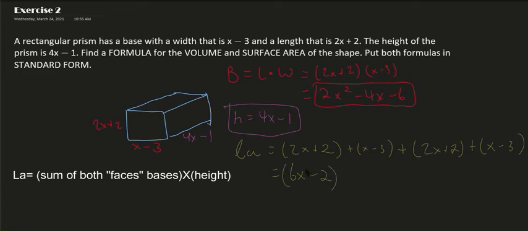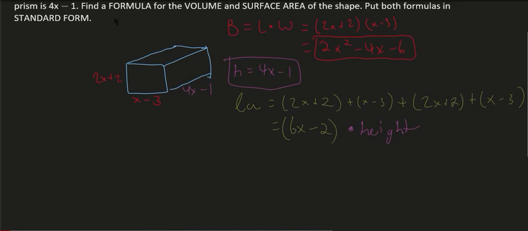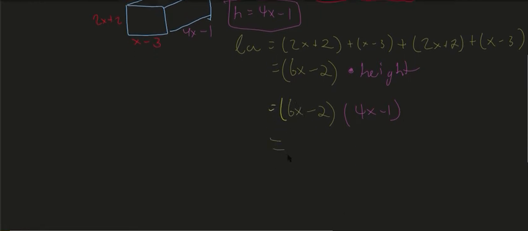And keep in mind, this is just the first part of the LA. We still have to multiply by the height. So we're going to multiply times the height, which is 4x minus 1. After this, our final solution for the LA would be